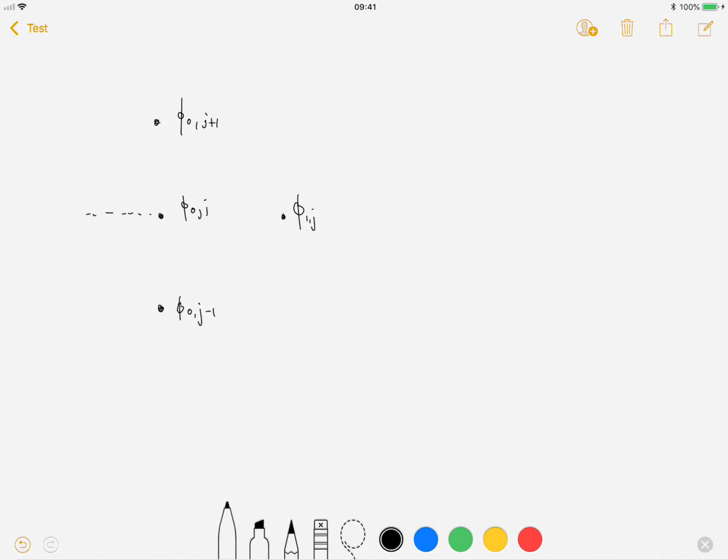But now we would include a virtual node, and we'd call this φ(-1,j). So these nodes are all connected. Alright, so for node 0,j,